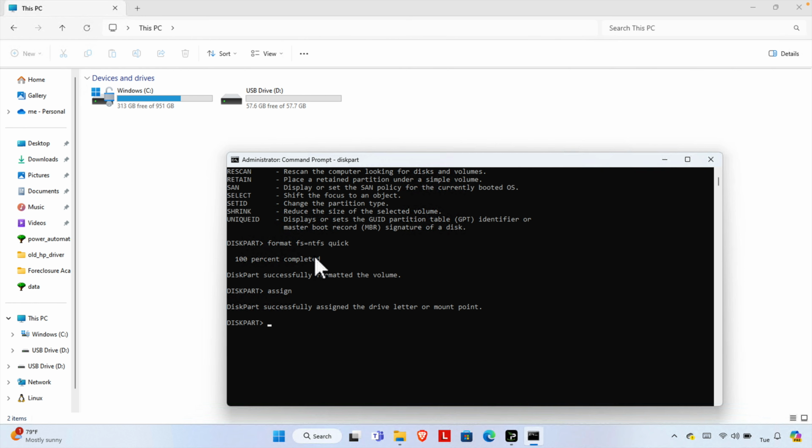In this way, if Windows is unable to show you the pen drive, you can easily make the pen drive visible, and it's very simple. We just need to type all these commands. Once it is there, we can close this, but the best way is to type the exit command